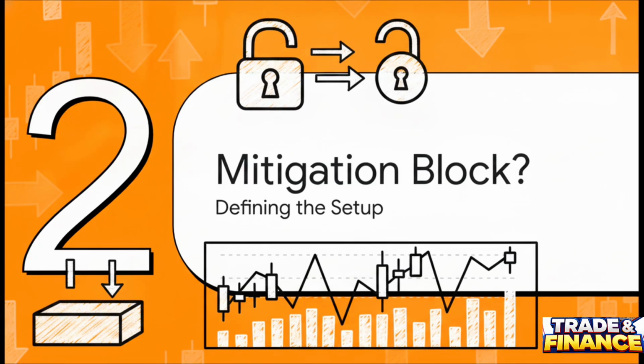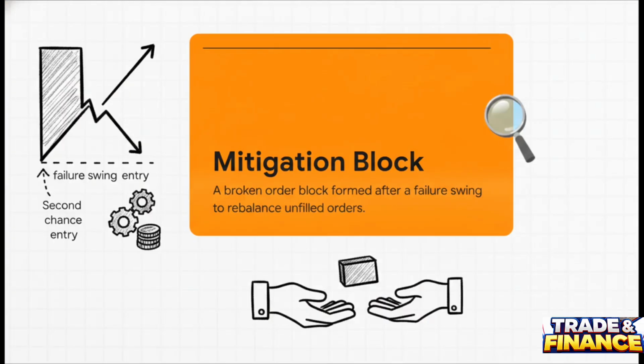What exactly is a mitigation block? Here is your core definition. A mitigation block is a broken order block formed after a failure swing, where institutions return to rebalance unfilled orders before continuing the original trend. The crucial concept here is that it's a second chance entry. When smart money initiated that original move, they just couldn't get fully filled. So, when the price returns to this block, those remaining orders get mitigated or completed, delivering the next leg in